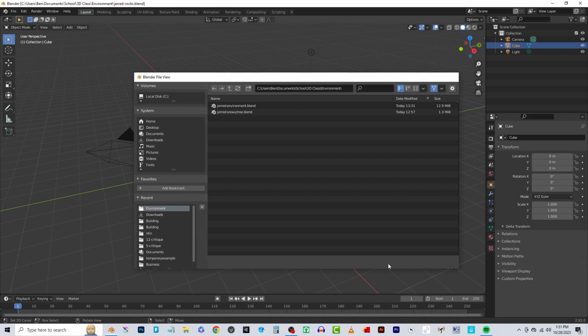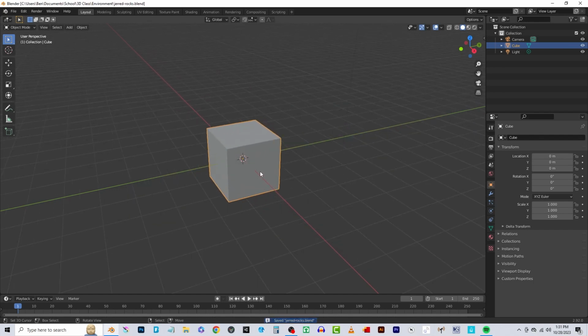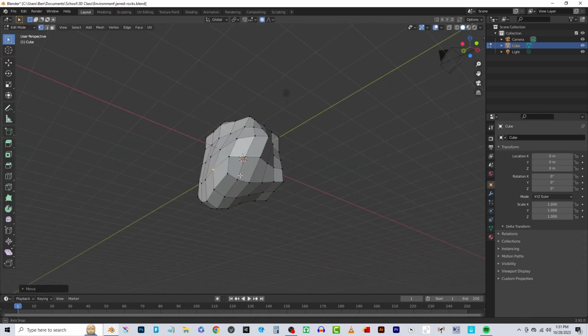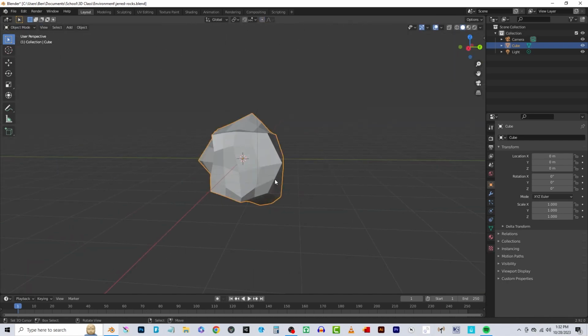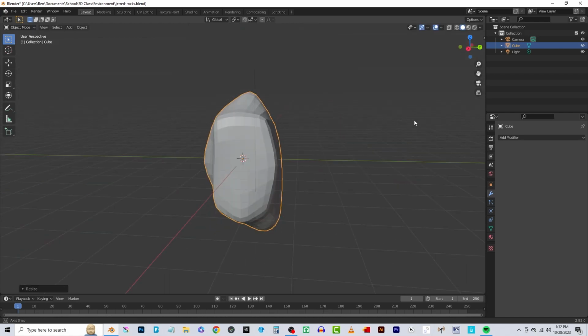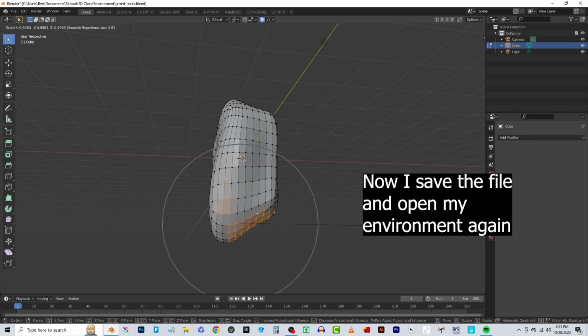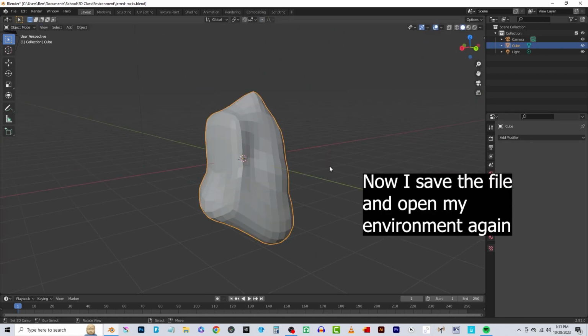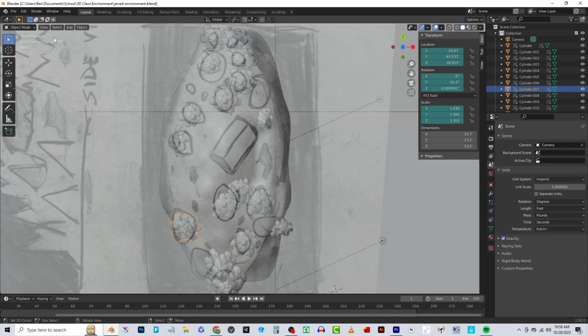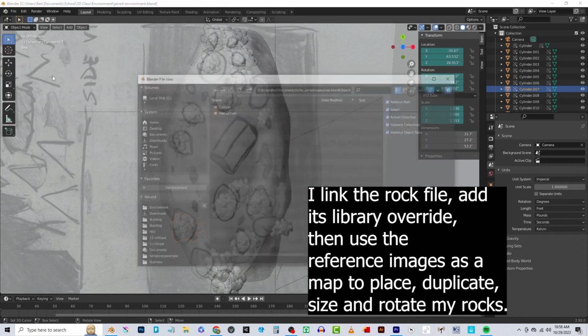And all I'm going to do is take a cube, and in edit mode I'm going to chop it up with loop tools, and with proportional editing I'm just going to pull it out of shape. Then I'm going to go into my modifiers in object mode and add a subdivision surface. I'll make a few last minute stretches to the rock and I'll save it. Now I'm going to go back into my environment, link the rock file,